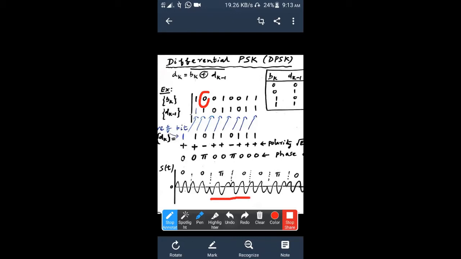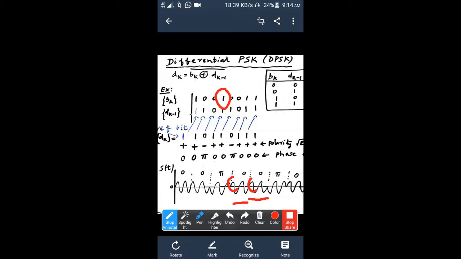Again, I will go to these two bits of information. Here also the phase is inverted. Don't worry whether it's positive phase or negative phase, whatever it is. The present waveform is inverted with respect to the previous waveform. That indicates that the bit transmitted was 0. Next one. This waveform is the same as the previous waveform. See, this starts with positive, this also starts with positive. Exact sine wave. Both of them are similar. The present waveform is exactly the same as the previous waveform. That shows that the input bit was 1.